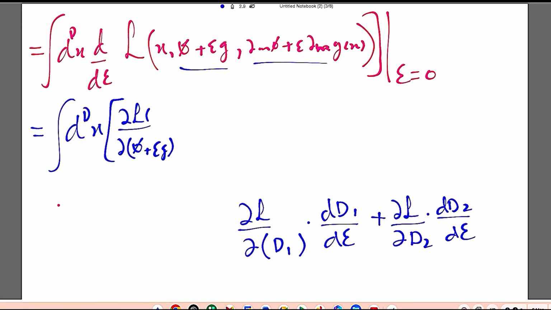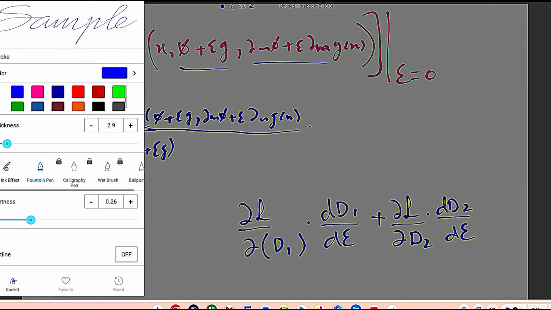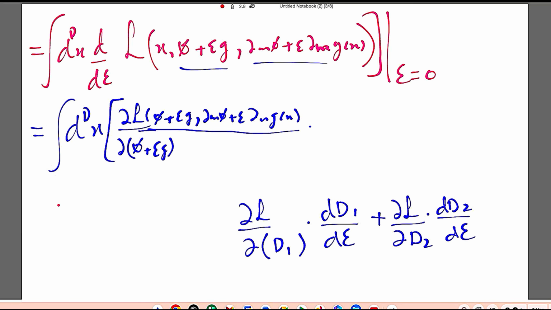Okay, so I'm not going to write x because it's not necessary. You can write it. I'm just not writing it for simplicity because there is no application of x here. So this is the Lagrangian with its dependency, dot, the second term, which is d by de of d1. What is d1? Phi plus eg. Alright, then there is a plus sign and there comes the second term,